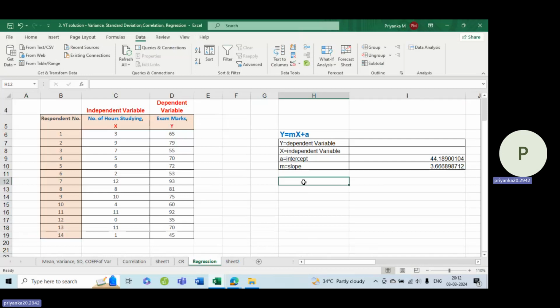So how this formula actually works is, we'll be going by the relation y is equal to mx plus a. Our m value is 3.66. X we don't know, so we are going to substitute it, plus my a value, which is nothing but 44.18. Okay, so each value of y can be found by substituting the x value here. So I'll be substituting equal to